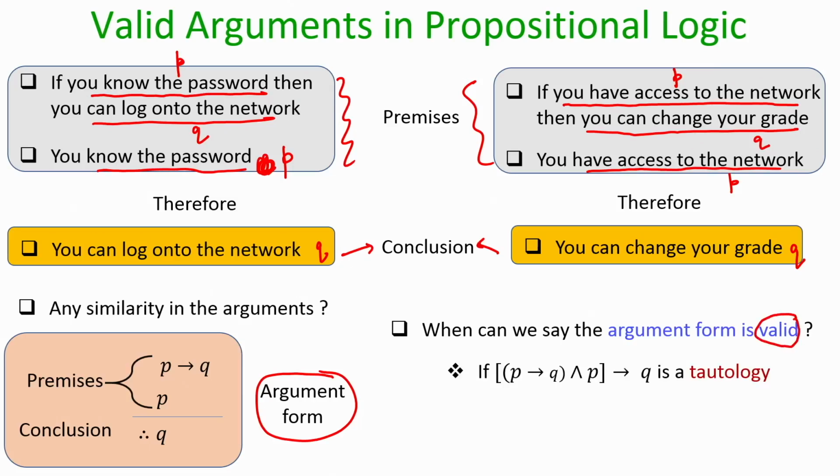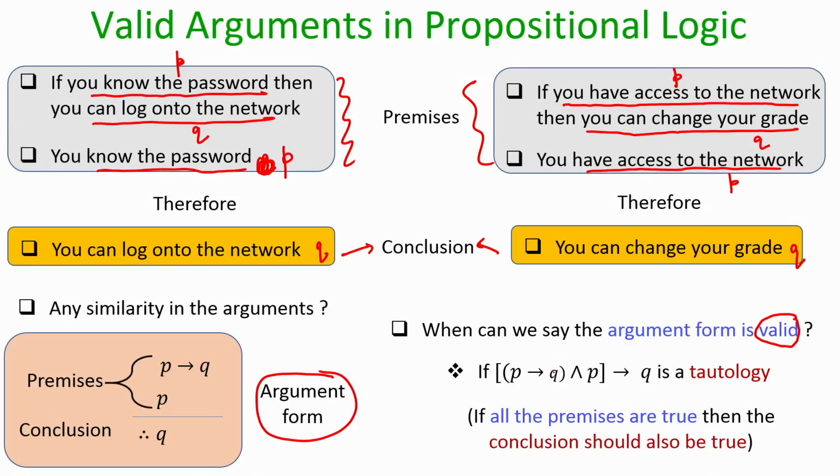What do I mean by argument form is valid? My definition here is I will say my argument form is valid if the conjunction of premises implies conclusion is a tautology. That means, if I can prove that if all the premises are true, then my conclusion is also true, because remember